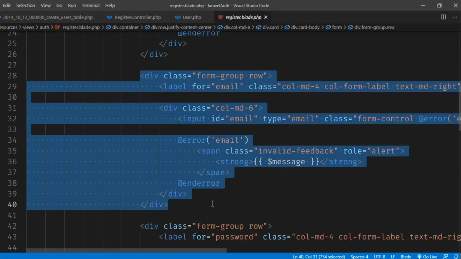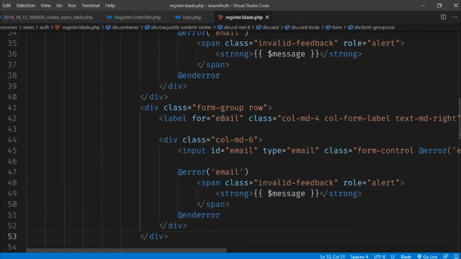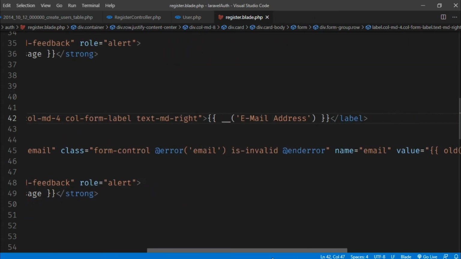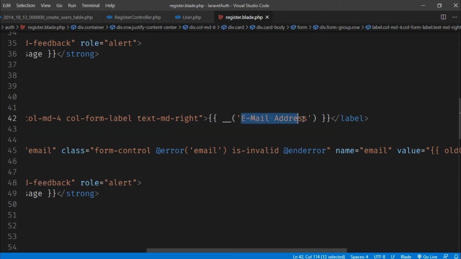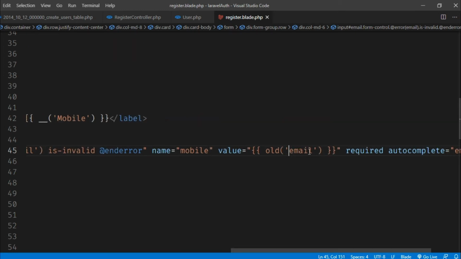So let me copy this and change its credentials. Where there is email, I am changing it to mobile.